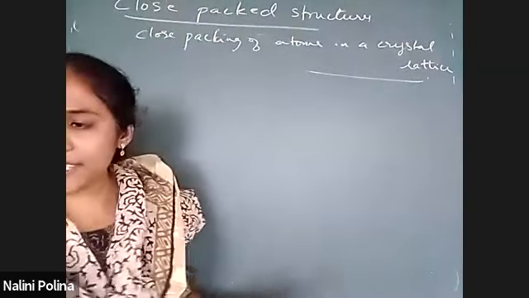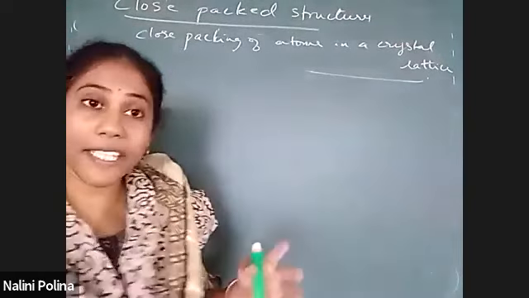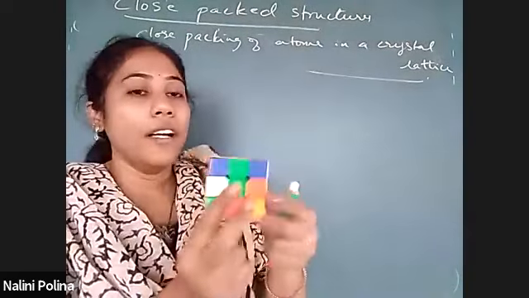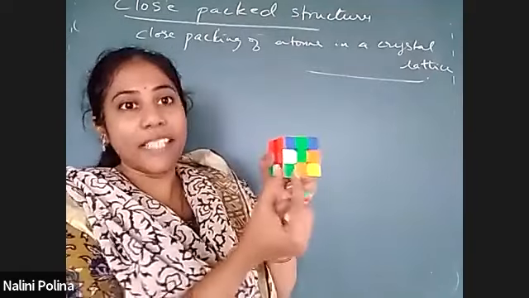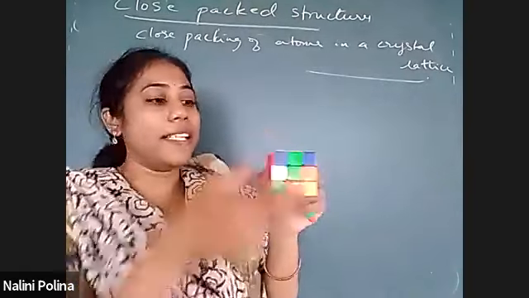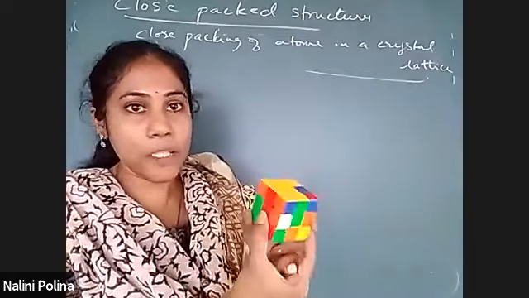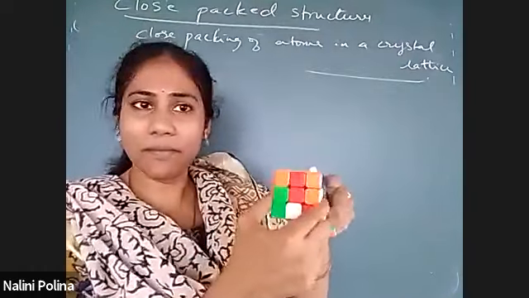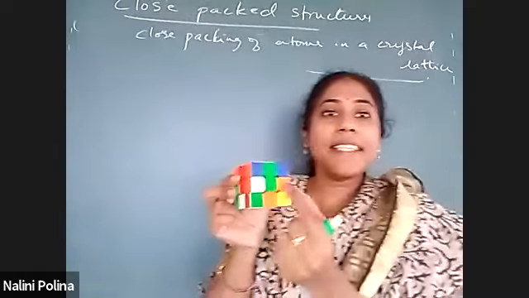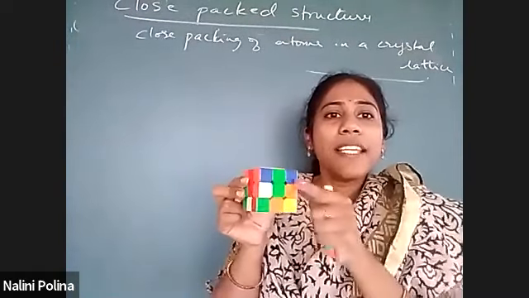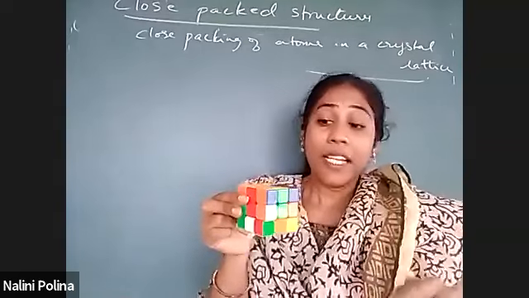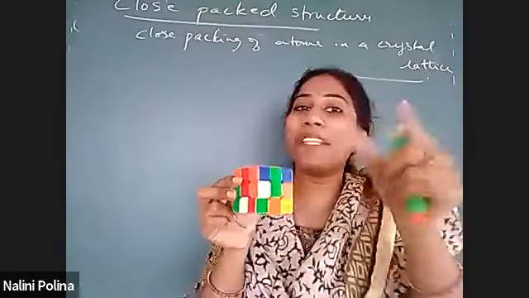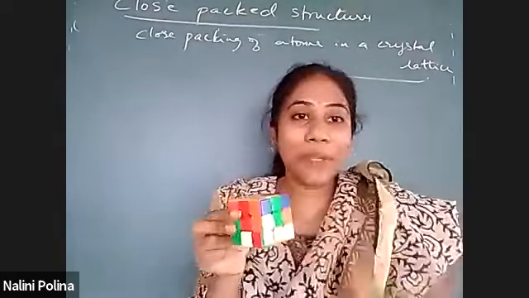So we all know what is a crystal lattice, right? A crystal lattice is a 3-dimensional space where atoms are arranged. Take a cubic crystal lattice, where each one is a smaller cube, a unit cell arranged repeatedly, and it occupies the 3-dimensional space. You can observe how these unit cells are arranged very tight. This is one unit cell, this is another, this is the third. They have arranged in a perfect way, utilizing the entire space so that there are minimum gaps between the unit cells, and between the atoms.